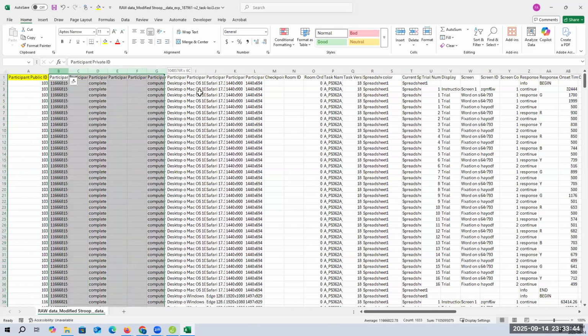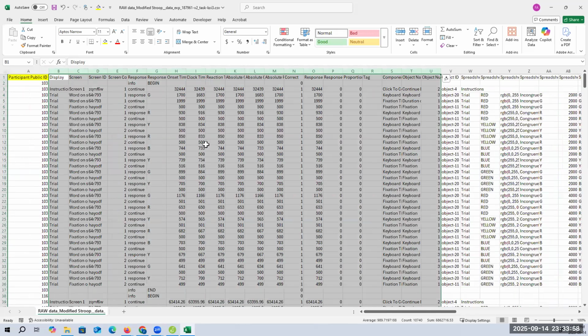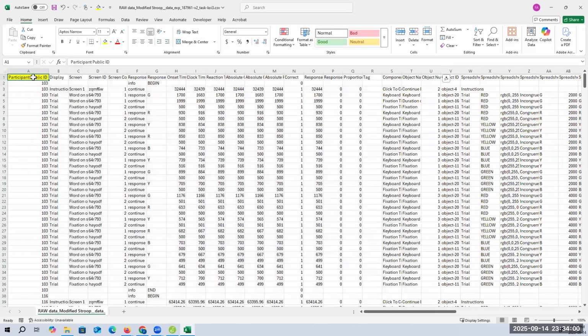I don't want, if it was a Mac, desktop Safari, I don't want that. So I'll go up to display, because I'll show you now there's some parts which I need and some parts which I do not need of this data path. One important aspect here is during the experiment, there was a continue and then a response, and then continue and continue and then response, right? There was a fixation,